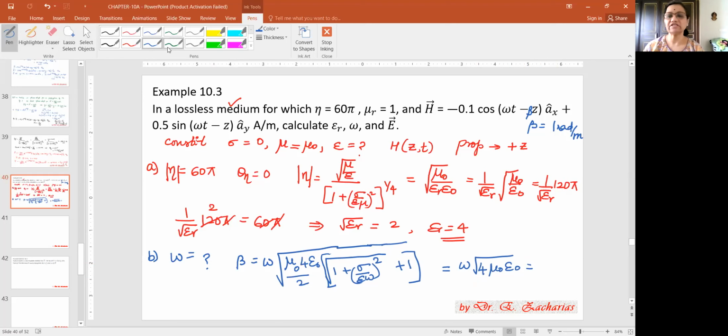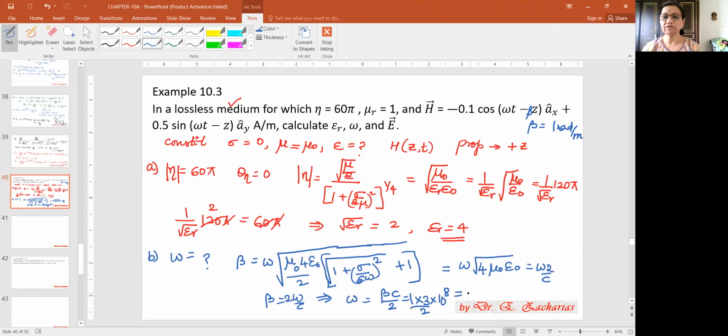Instead, what I will do is I will write it as omega into 2 into 1 by under root of mu naught epsilon naught. 1 by under root mu naught epsilon naught is C, we have seen. So just put that here. Now let us write beta equal to omega by C into 2, right? And what did we want? We wanted omega. So omega will be equal to beta C by 2. Is that right? Beta into C by 2.